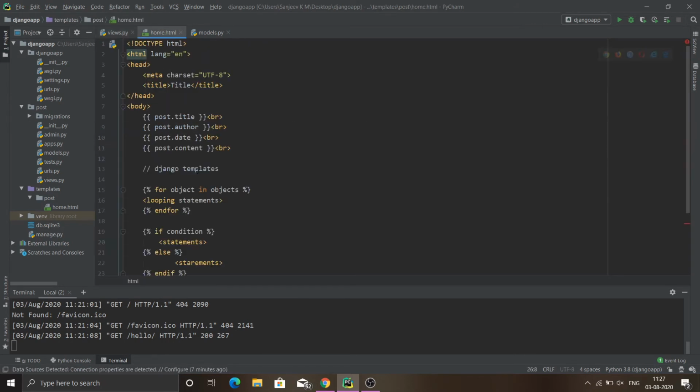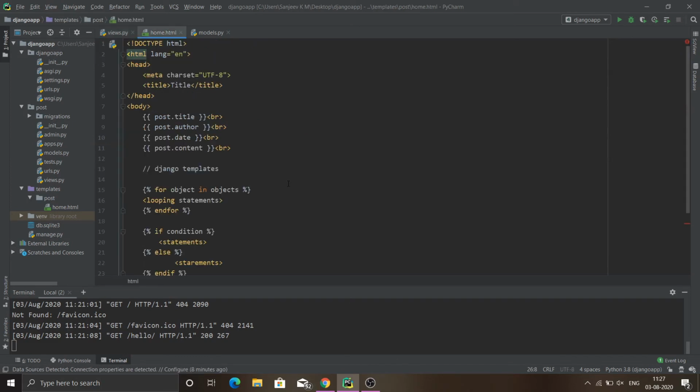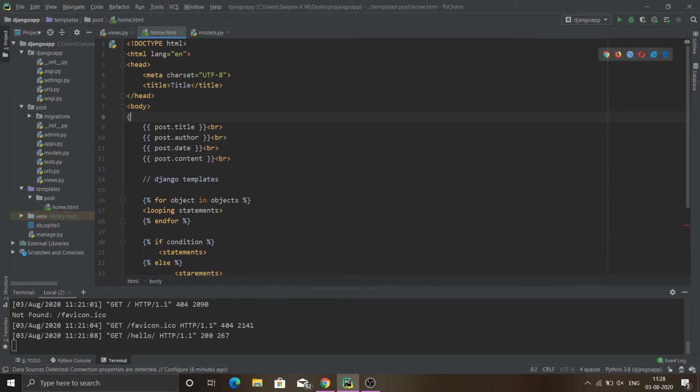Since this all method returns the array of objects within it, we could use the for loop to get a single object in each iteration and put those values to the front end. If you didn't understand what I said, let me show you in a second. So we could copy this for loop structure in here.